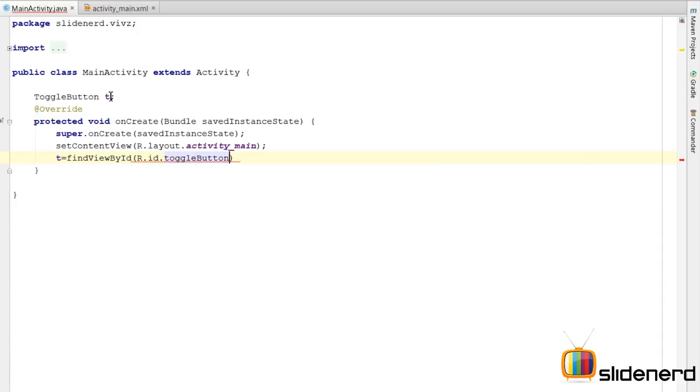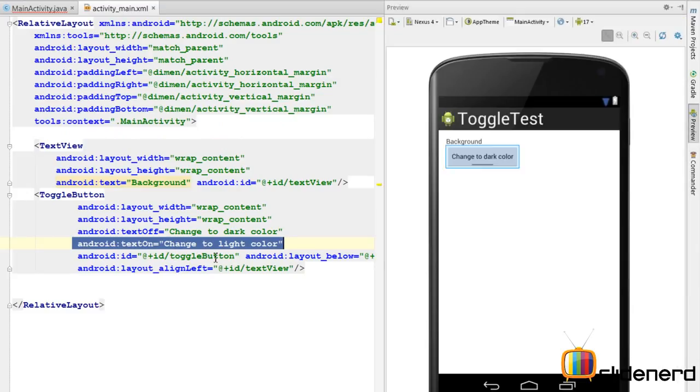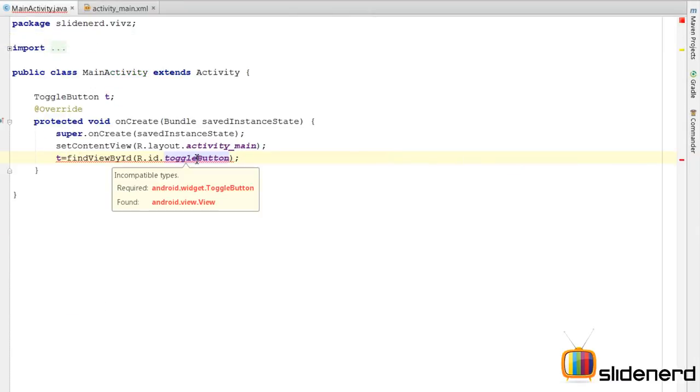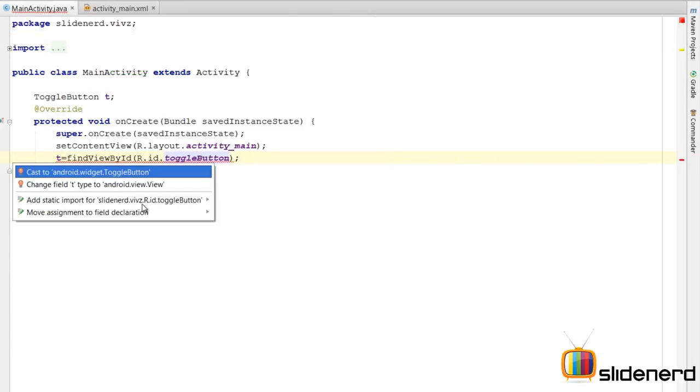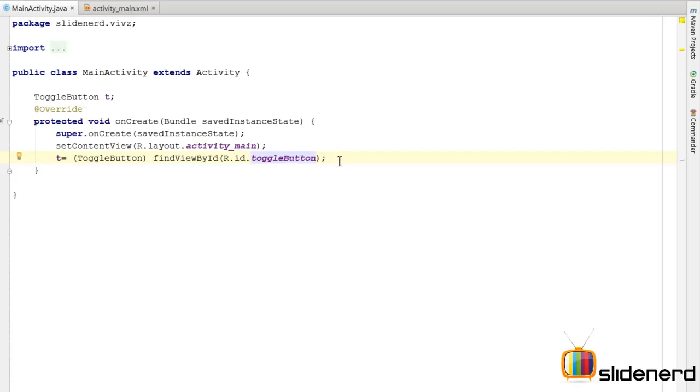Remember the ID which we gave for the toggle button inside XML, which was ID slash toggle button, and that's exactly what I'm linking over here, right? So I'm gonna press Alt Enter to cast it automatically, remove that error. At this point, everything is set up, but now we need to determine what should happen when the toggle button